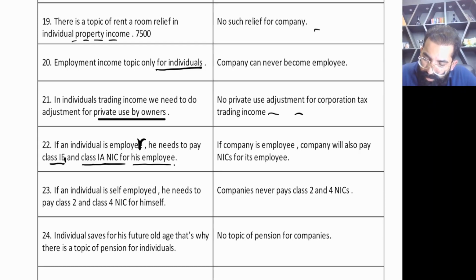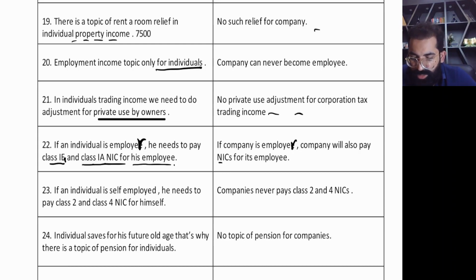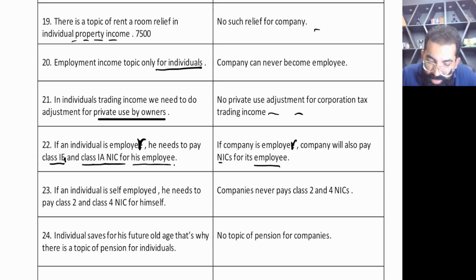But if a company is the employer, yes, the company will also pay NICs for employees. Yes, both NICs. If the company is the employer, the company will also pay. But now the next question is very interesting. I have covered, if an individual is